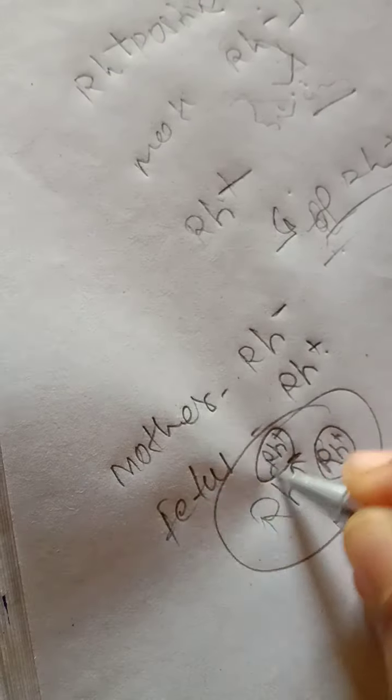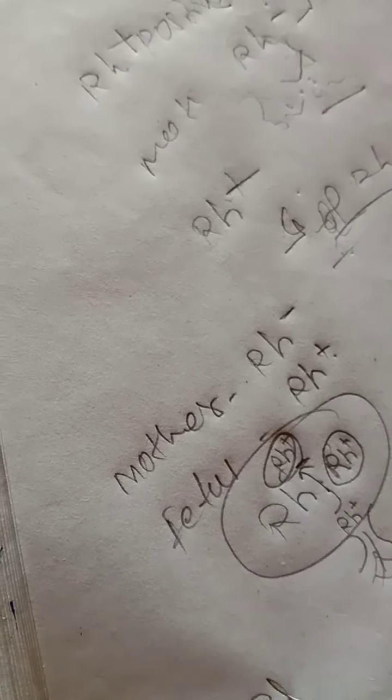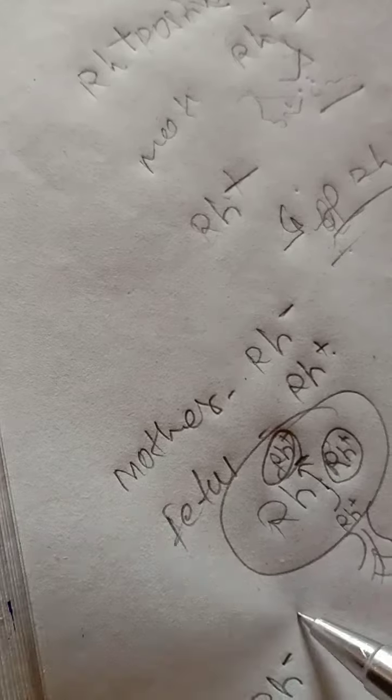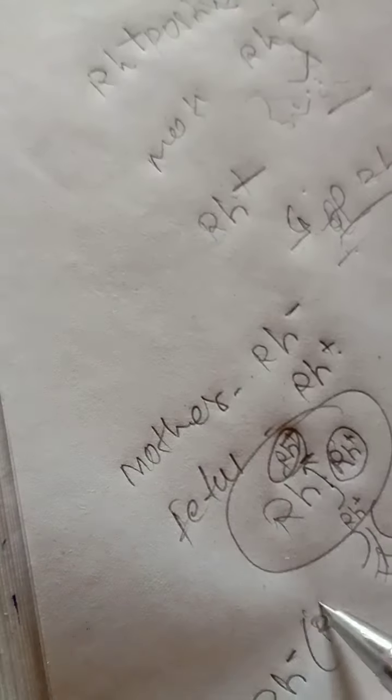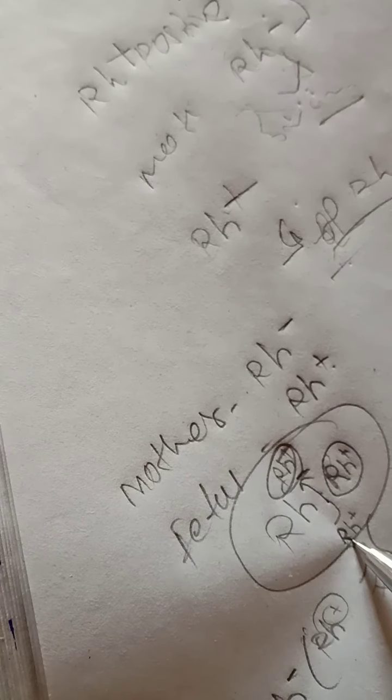That means antibodies are developed against the Rh positive blood, and they are developed after one month of parturition. So now the antibodies are already developed against the Rh positive blood in the mother's